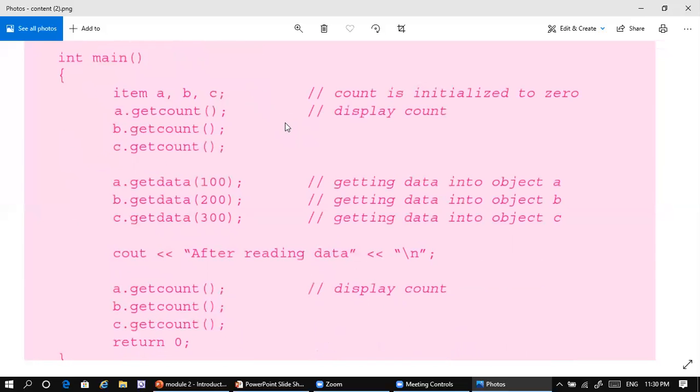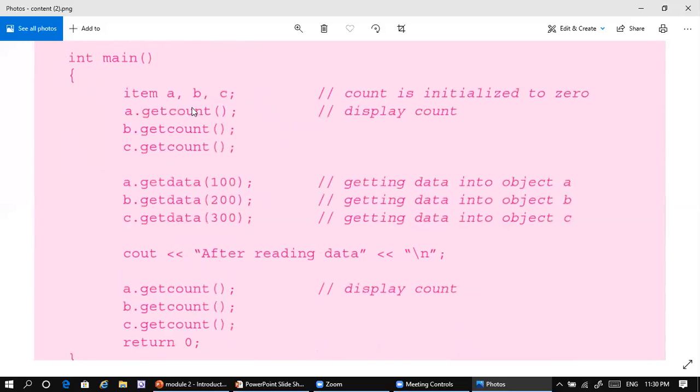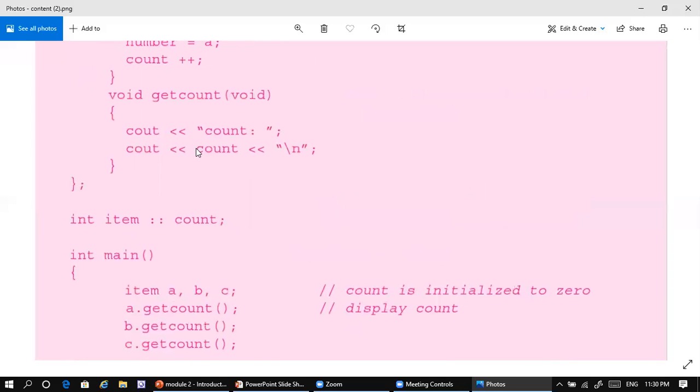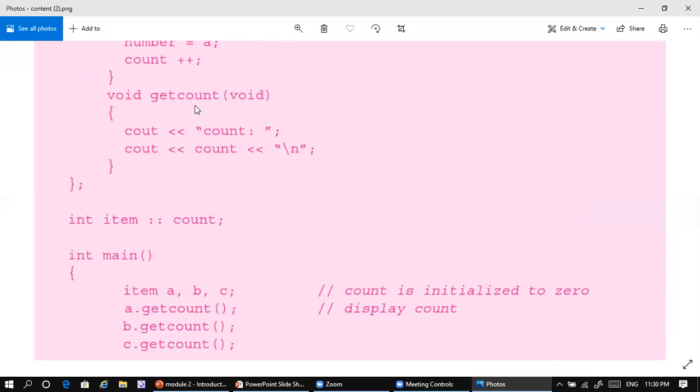In the main program, for the item class, we get three objects, A, B, C. For every object, we get the count value, isn't it? If you look into the get count member function, we are not doing any operation on the static member.